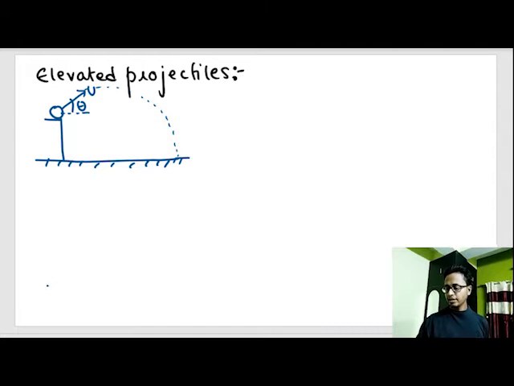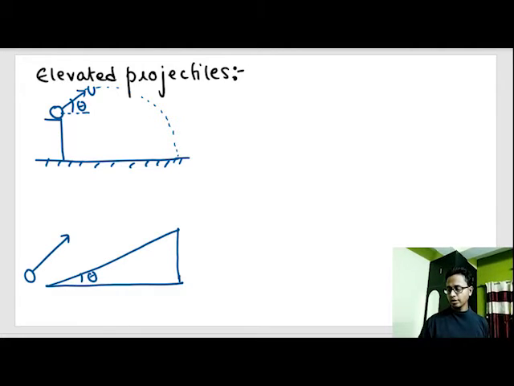Then there is a ramp. There is a ramp making an angle theta, and a projectile is thrown with velocity u, making some angle phi with the horizontal, or some angle with the ramp, and you have to find the angle with the horizontal. The reason I won't be solving this type of question now is that I'll be giving it in the examples, and the best way to learn the concept is through examples. So just learn the trick that I am going to use in the examples.